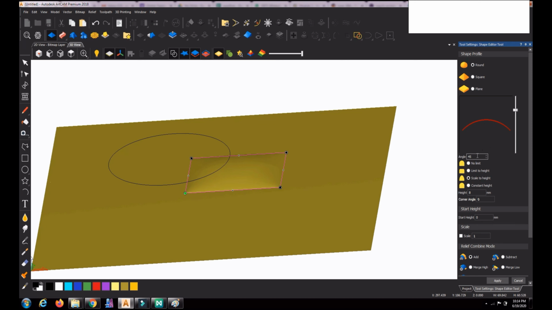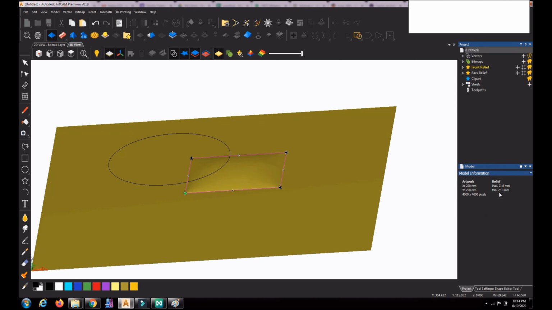So it overrides the value we have given, it will not take this value of 45 that we have written. Scale to height automatically adjusts the angle so that it can create a perfect round shape. That is the difference between scale to height and limit to height. In both cases, the total height will be what we gave there, 8 mm.